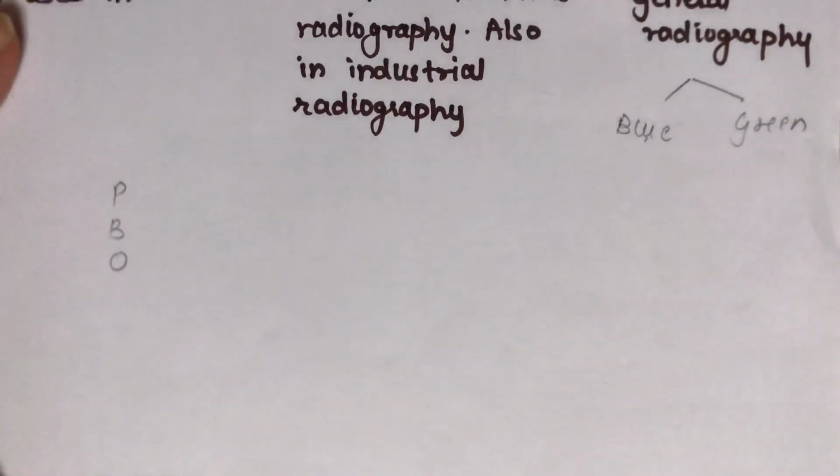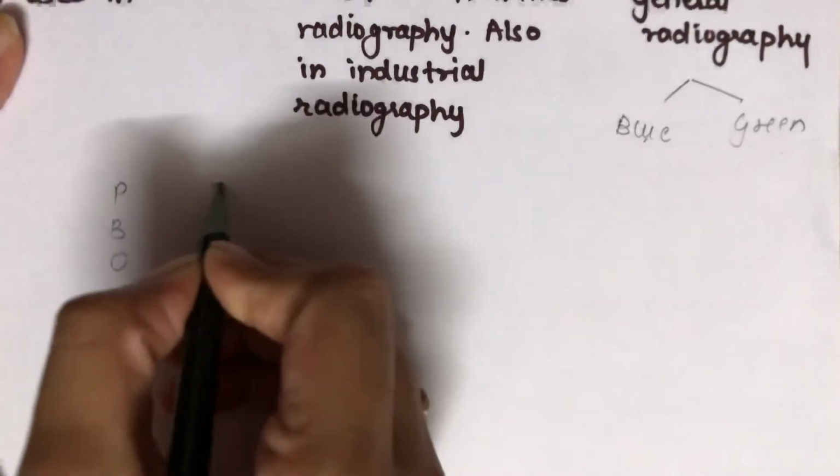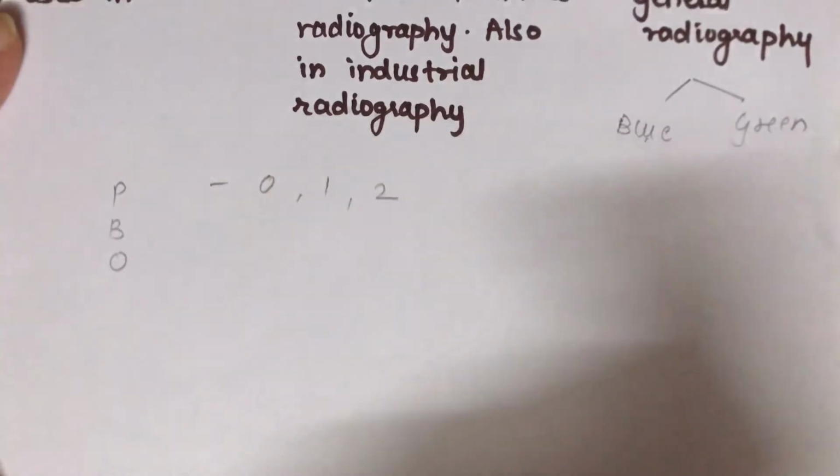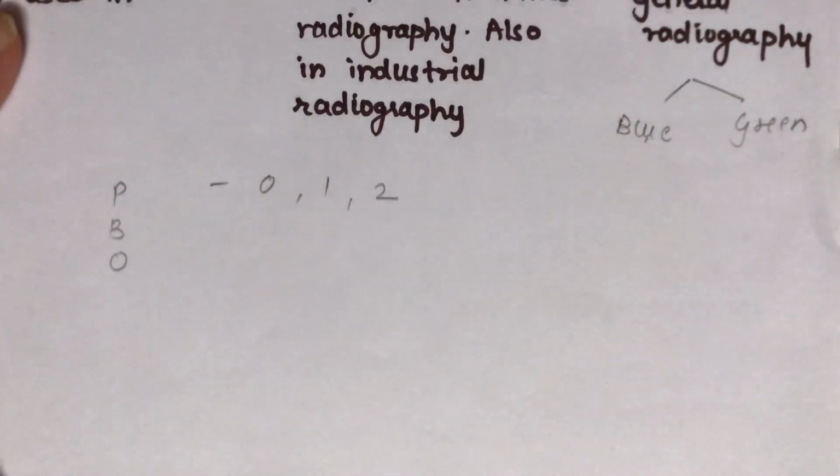Periapical films are used to take periapical radiographs. These films are available in different sizes, that is 0, 1, 2. Size 0 is usually used for children. Size 1 is used for the anterior teeth and size 2 is used for the posterior teeth. So it records the outline, position and dimensions of the teeth.